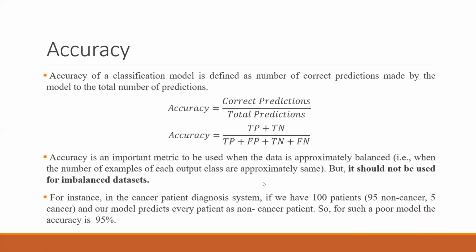So let's talk about accuracy now. What is accuracy? Accuracy means overall how many correct predictions came, divided by the total number of predictions. Out of those 4 things, I only have to keep the true ones in the numerator, because they are the accurate ones, right? And divide by total predictions, so I get the overall accuracy. So this is the total accuracy, where we say true positive plus true negative, where 1 was called 1 and 0 was called 0, goes in the numerator, divided by all cases, whether called wrong or right, which is kept in the denominator. So this is my accuracy formula.